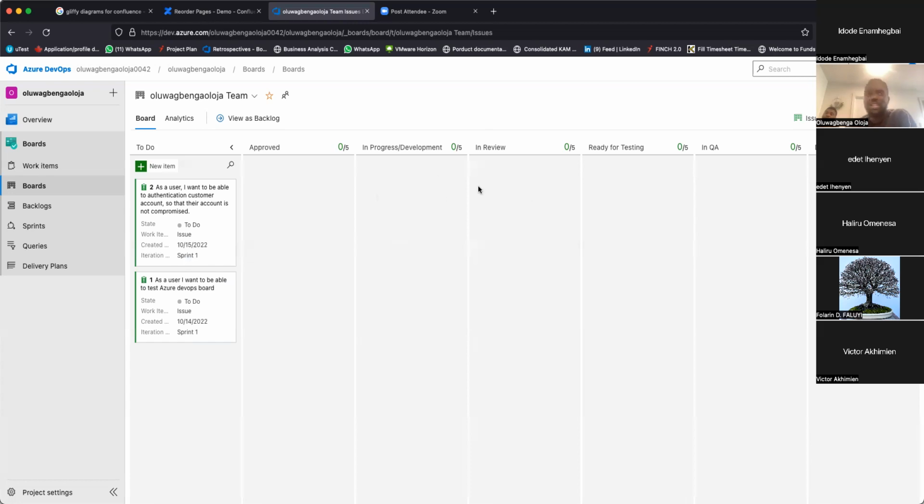So when a developer is working on it, is in development, or if a BA is working on it, in progress or in development, when they move it to in review, it means that maybe there's a peer review. It's always good to review what somebody else has done so that, you know, there are things that they might not check, or there are the code best practice that they might not have followed. Another developer can quickly point that out. And then after it's reviewed, it can be pushed for ready for testing. The QA will come to this column